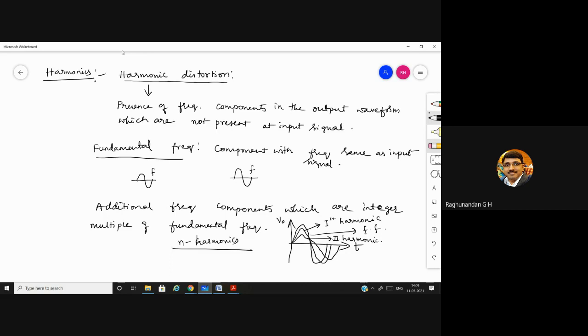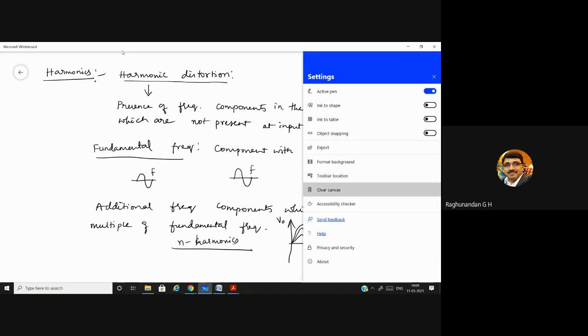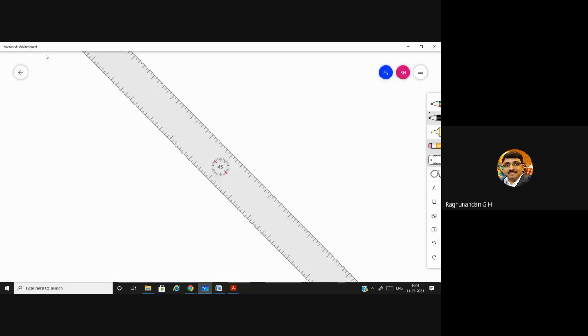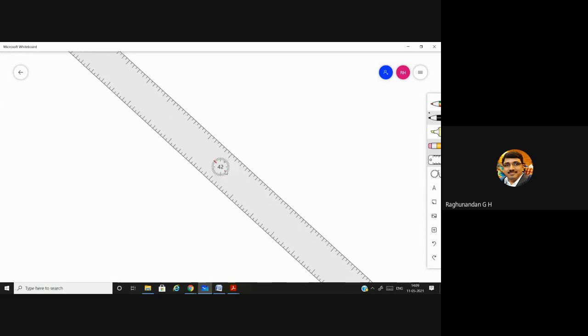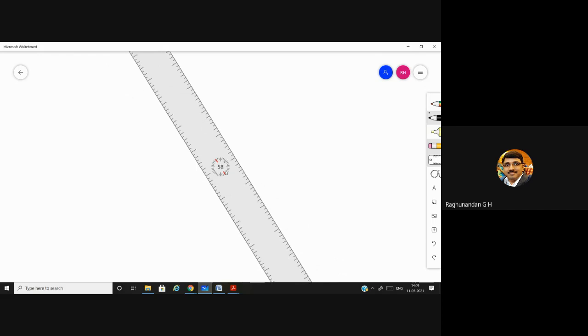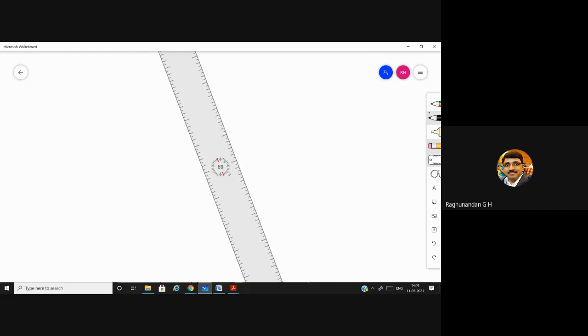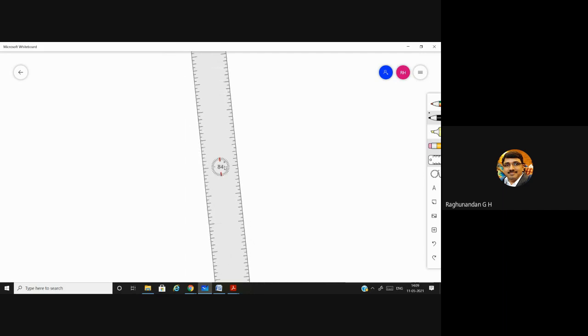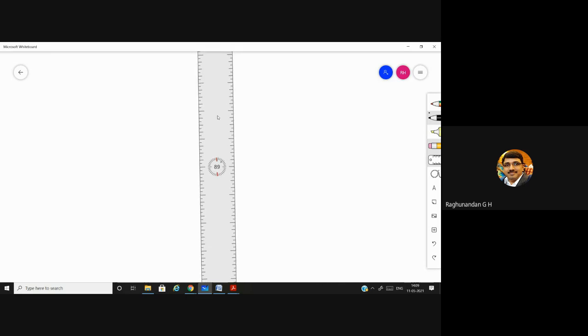After this, we have to derive an expression for second harmonics. There are two derivations. One considers the second harmonic, and the other considers the fifth order or n harmonics. n harmonics means you will be having n number of harmonics. Both derivations are there, but majority of the times they'll be asking the second order harmonics only. But the procedure for both is the same.